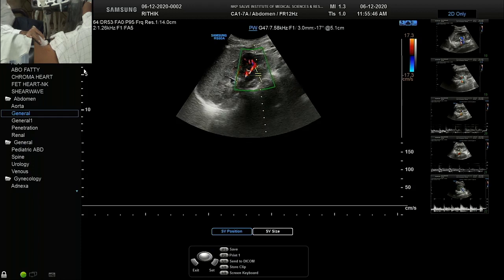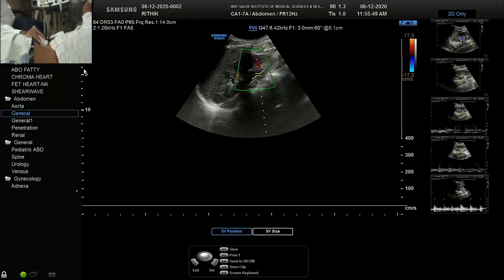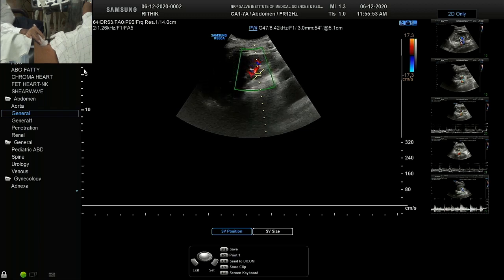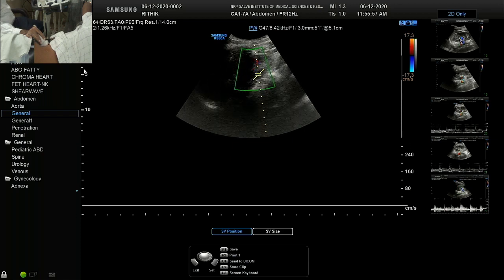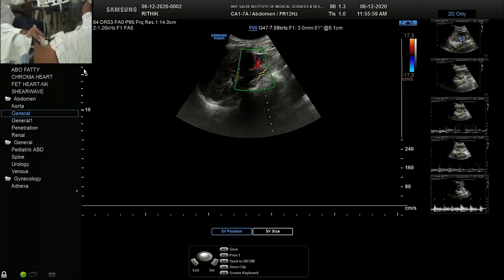We know the angle, let him breathe normally. You adjust your scale, you adjust the sample volume, you adjust the angle, everything you adjust, and you know where he would hold the breath. And now you ask him to hold the breath.